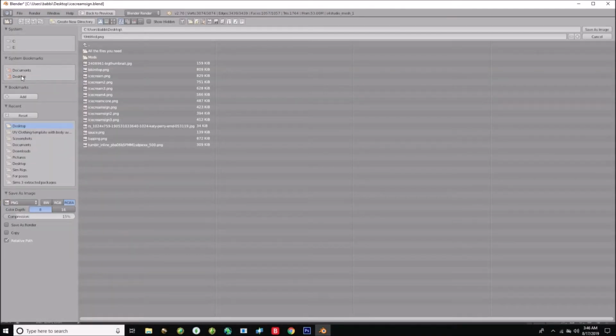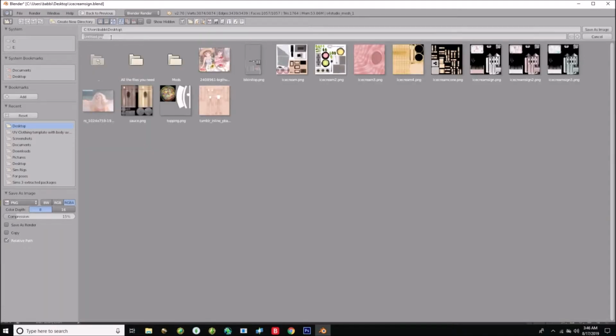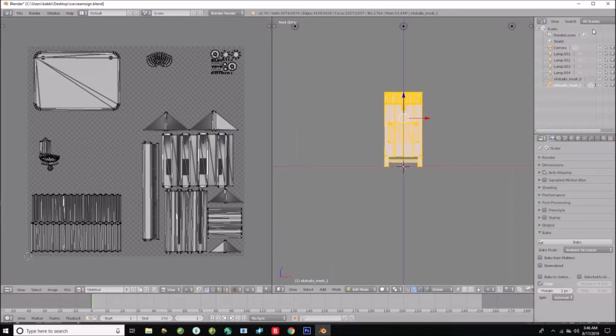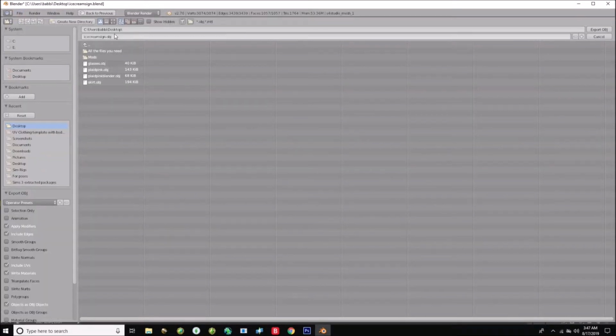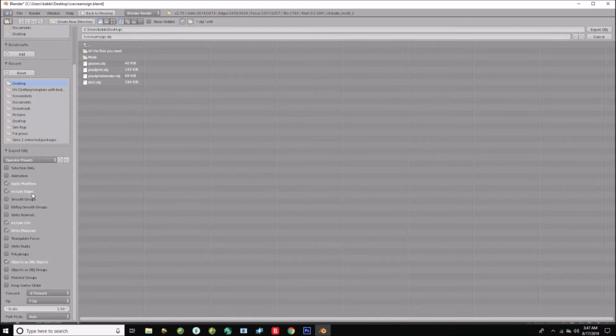save as, and then just say, I'm going to say sign bake. Alright, and then I'm going to go ahead and extract this. I'm going to name it ice cream sign object. And then since I have a drop shadow, I'm going to save it as groups. Don't save it as obj as objects, because then it's going to save it as one. So you just go ahead and hit